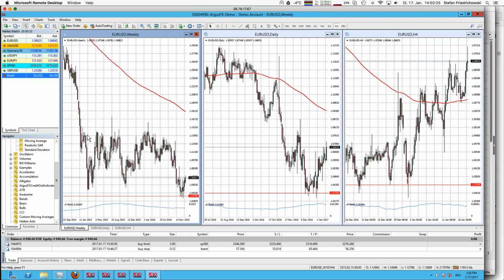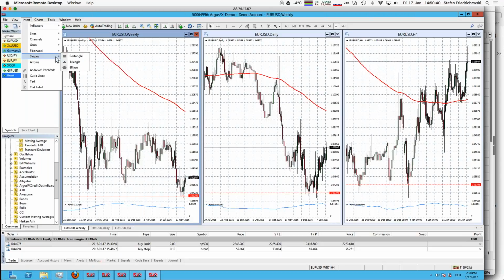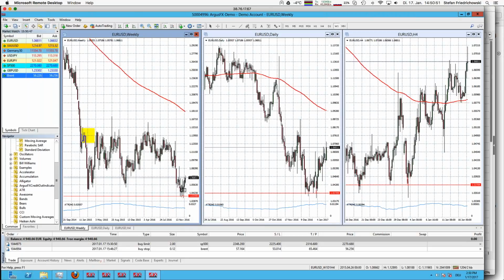Now, once again, sorry, no, it's insert, and then I go for shapes, and it's a rectangle, and now I have it, and it would be something like this. I would even not go really down. I would use this one. So that is really a sidewards range